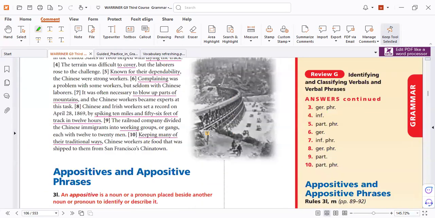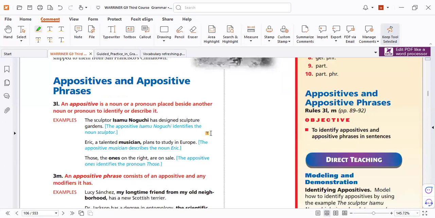It's a good paragraph. Now the last phrase. I promise you, this is the last phrase. And we call it in English an appositive. What is an appositive? It's from the name, apposition. So it means additional information. And why do we add additional information? To make something clear. Like that, sculptor, noun. We add another noun to tell you who it is, or what the job is, or any information.